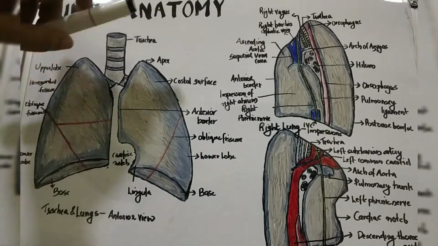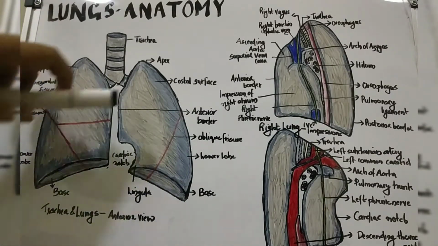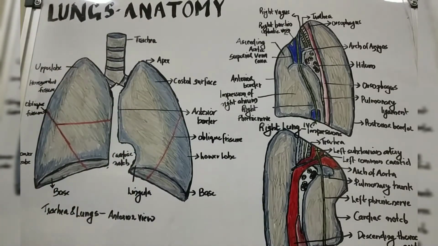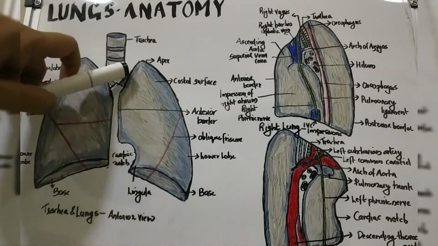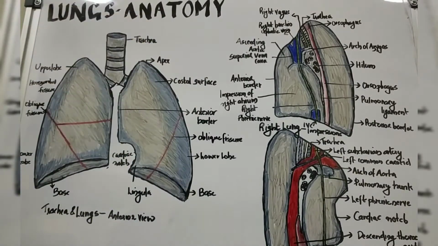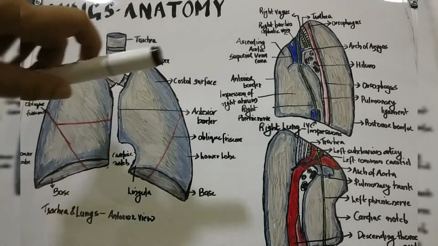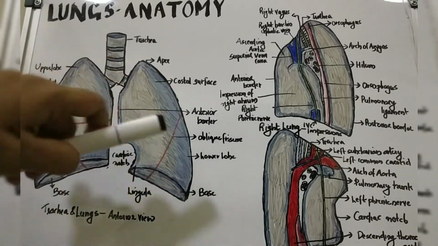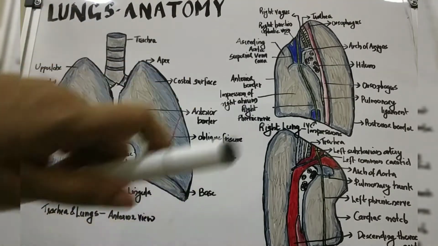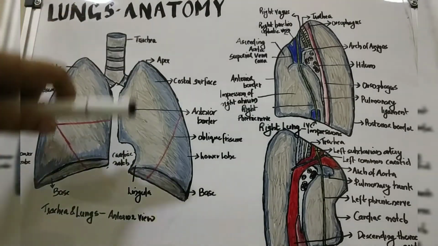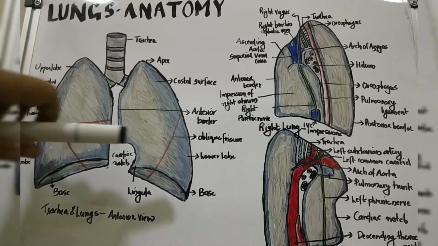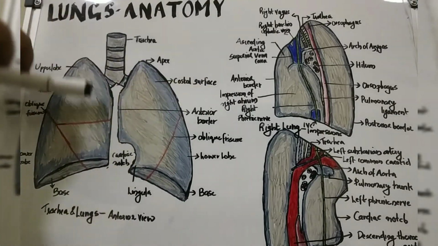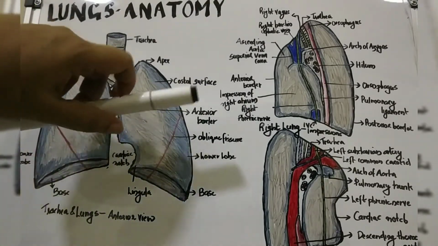Lungs are a respiratory organ located in the thoracic cavity. They occupy most of the space in the thoracic cavity, and the space between the right and the left lung is called the mediastinal space, and the heart is accommodated in between the two lungs. It creates an impression, that is, a depression on both the right and left lung. The depression created by the heart in the left lung is bigger compared to the right lung. Hence, the right lung is slightly heavier compared to the left lung.